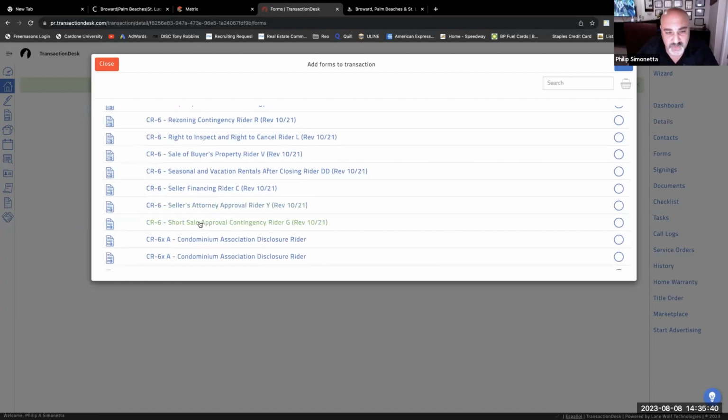If it's a short sale, you need to put a short sale addendum, if the seller's attorney needs to approve it. So on a short sale, you'll need this and this in there, right? If there's seller financing. So all these riders, condo disclosure,